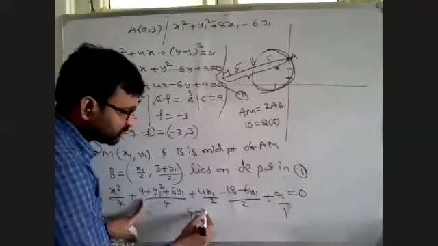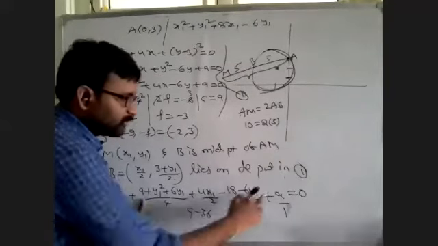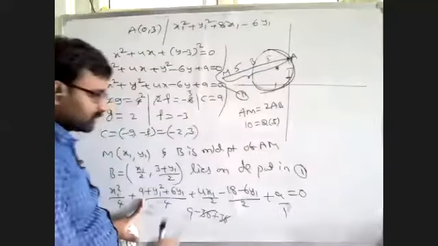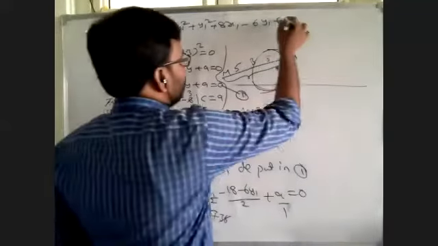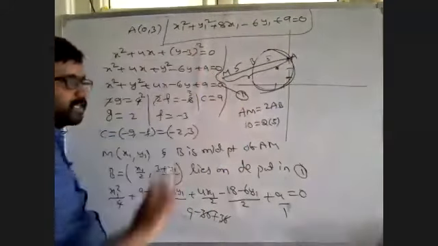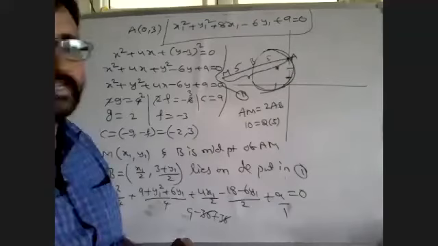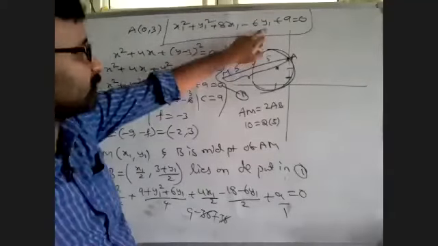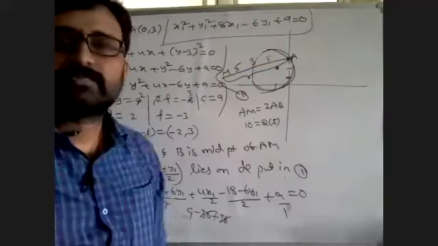18 2 ja minus 36. And we have to multiply with 4. 9 4 ja plus 36. 36 36 cancel, remaining what? Plus 9 is equal to 0 is the equation, but we have to write it in terms of only x square. That is the final equation. X square plus y square plus 8x minus 6y plus 9 is equal to 0 is the required circle equation.